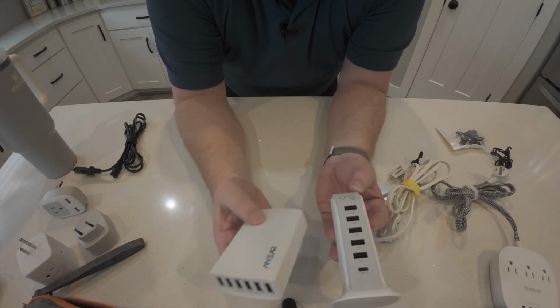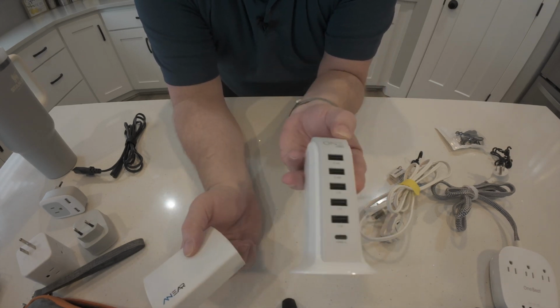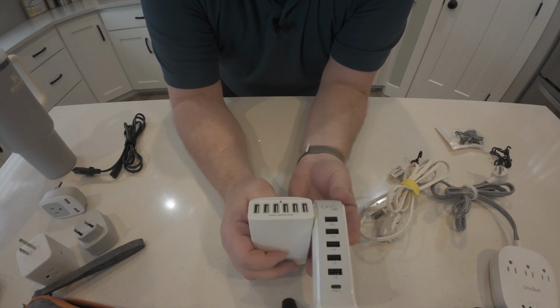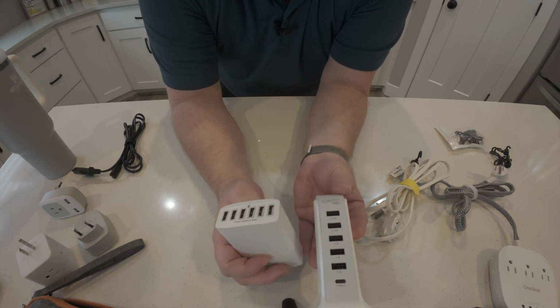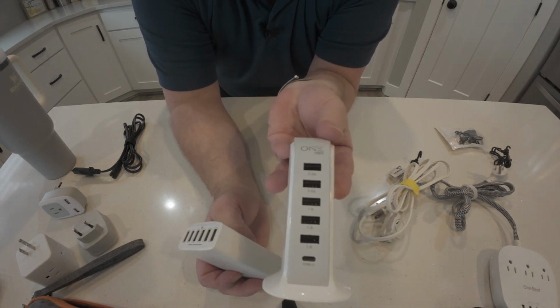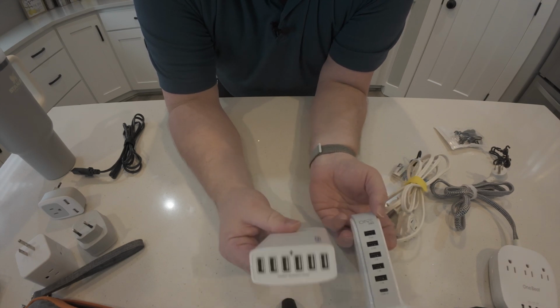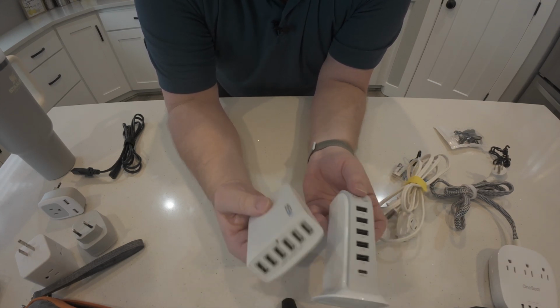This is compact. I can put it in my bag and carry it. This one is not that compact, but it gets the job done. My in-laws used this one on our last cruise so they can charge up their devices, and I use this one right here. But yeah, those are the things that I take on my cruise to help make it a little bit better